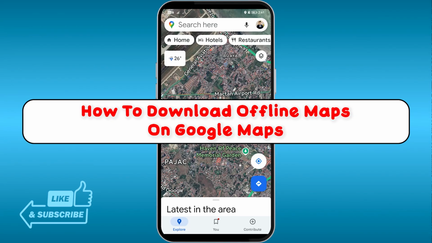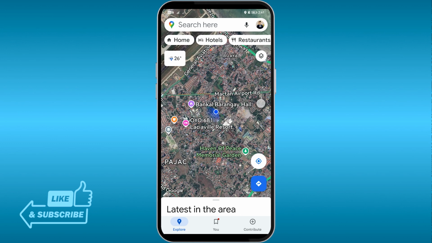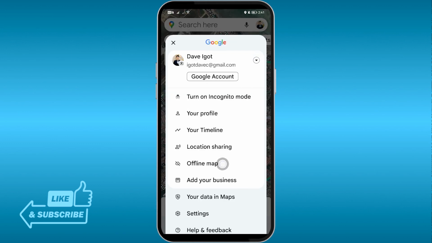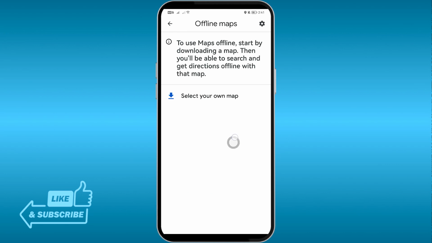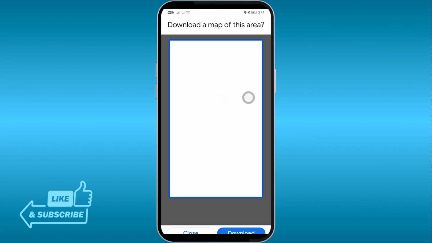Here's how to download offline maps on Google Maps. Now for us to get started, let's just go ahead and click this one right here and we're going to look for offline maps. Now once we are here, we're going to go ahead and click select your own map,